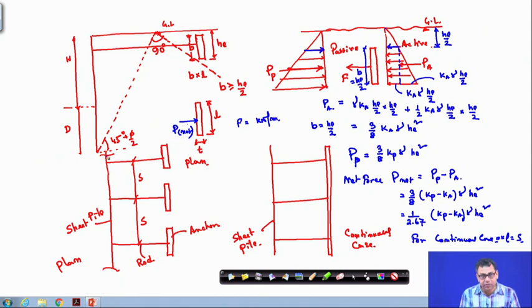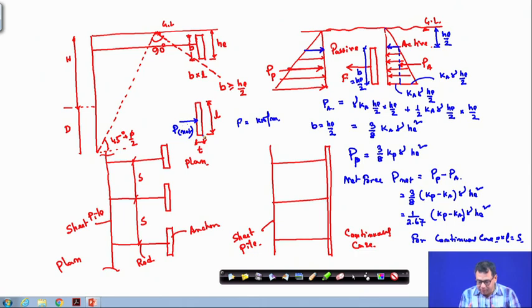Because this is the continuous one, F is in kilonewton per meter. Now, if you multiply it with the spacing S between the anchor rods, then you will get the total force